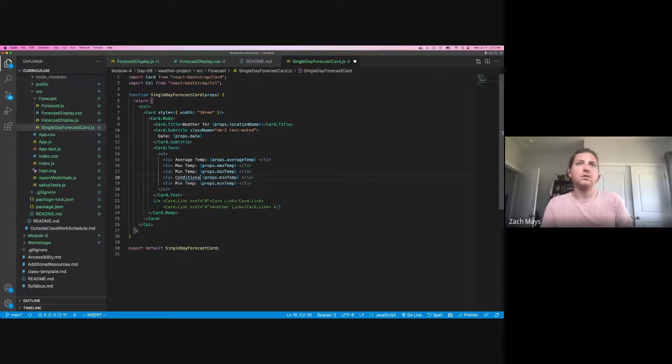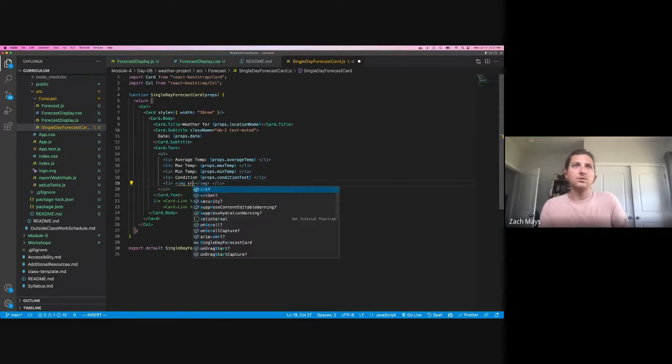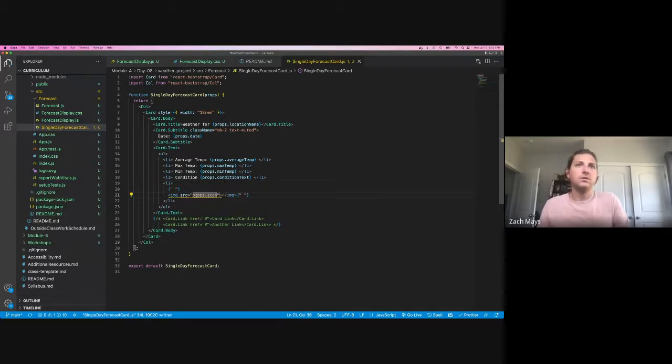Condition will be props dot condition text. And then we don't need a description for an image. We would just put the image. And so we would do, the image tag, source equals props dot image, or was it icon? I think. Oh, and then it needs to be